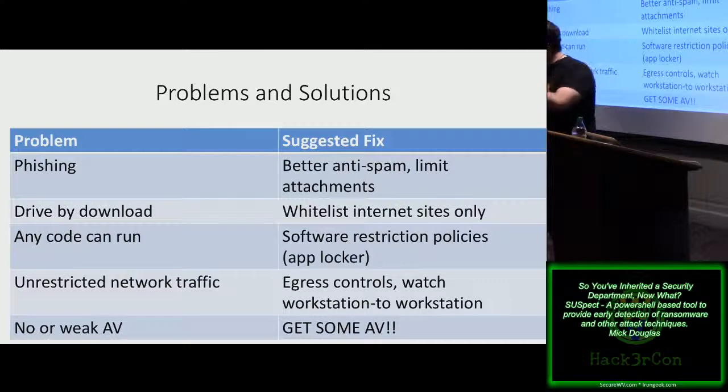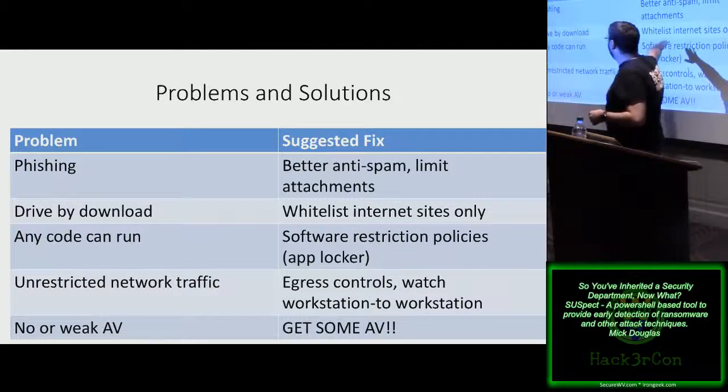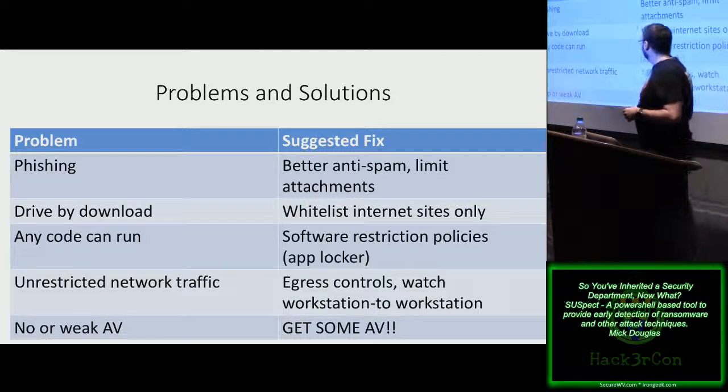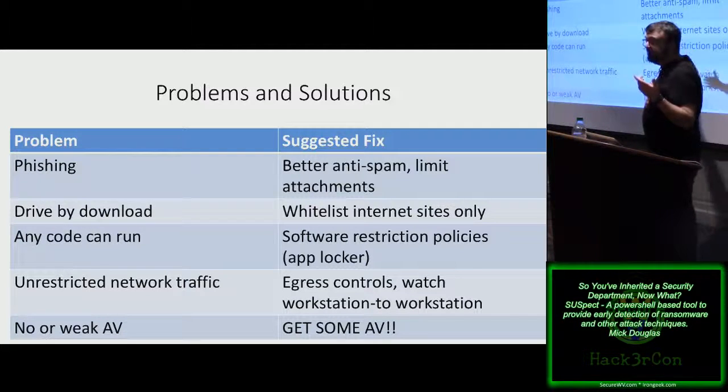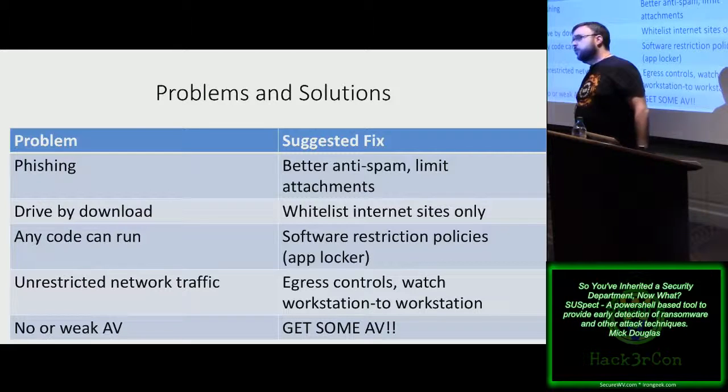Then, and here's the trick of this so that users buy into it, you allow any user to call the help desk and say, hey, my name's so-and-so, I need this domain opened up, and here's why. The help desk writes it down: here's the person who requested it, here's the reason, here's the exception, go. There's not a single auditor that will flunk you based off of that. The only catch is if you're in DOD and NERC CIP. Those are different. But in the main, for everyone else, that's going to be really good. And this kills drive-by download dead.